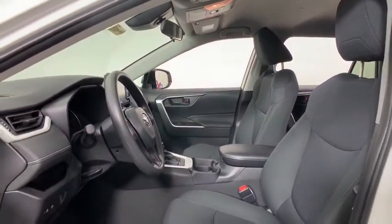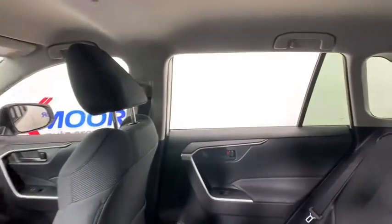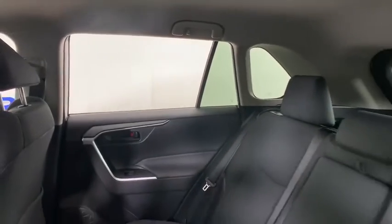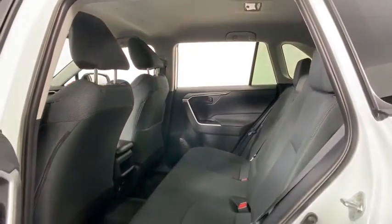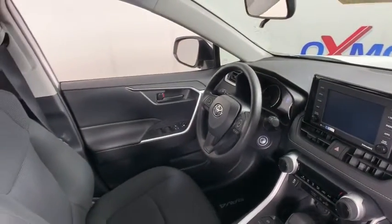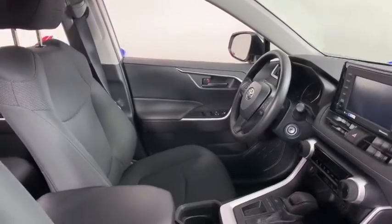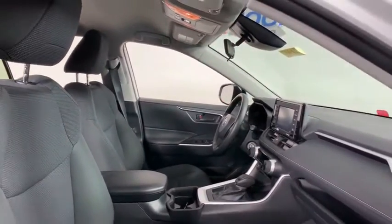This vehicle has less than 100 miles. Here are some of this vehicle's great options: traction control, dual airbags, power steering, four-wheel disc brakes, AM/FM stereo radio, trip computer, rear window defroster, power windows, electronic stability control, brake assist, tachometer, overhead console, panic alarm, remote keyless entry,